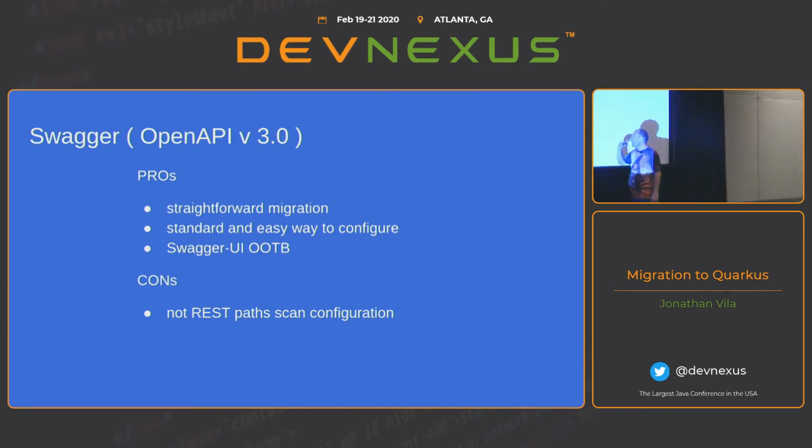But one thing that the Spring application has is that you can configure which is the scan path in order for Spring to get all the controllers that will be added in your API, in your Swagger YAML. I haven't found a way to do the same with Quarkus. So apparently everything in your application will be put in your API. Okay, if you want to hide some endpoints, I haven't found a way to do it with Quarkus. Probably it is possible, but I haven't found a way.